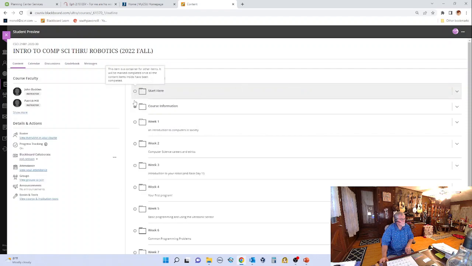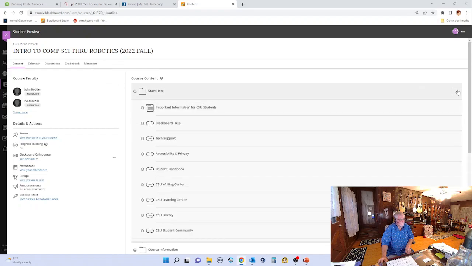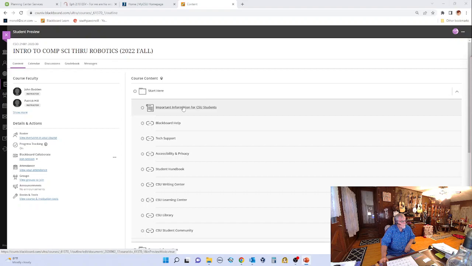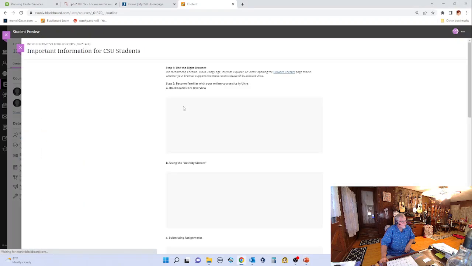You notice that you have these little dots here, and these basically allow you to track your progress. I'll demonstrate on this first folder. Okay, for the first folder, this is the Start Here folder. This is intended to be general information for all CSU students, and this should be mostly the same for all the courses you take. The first little item on this, the important information,